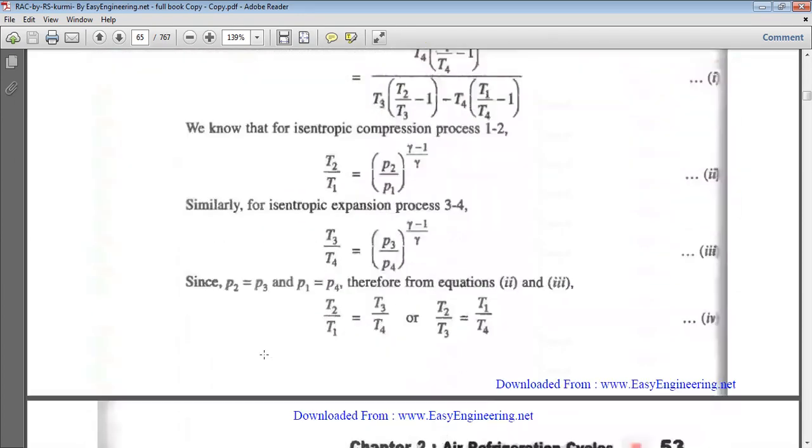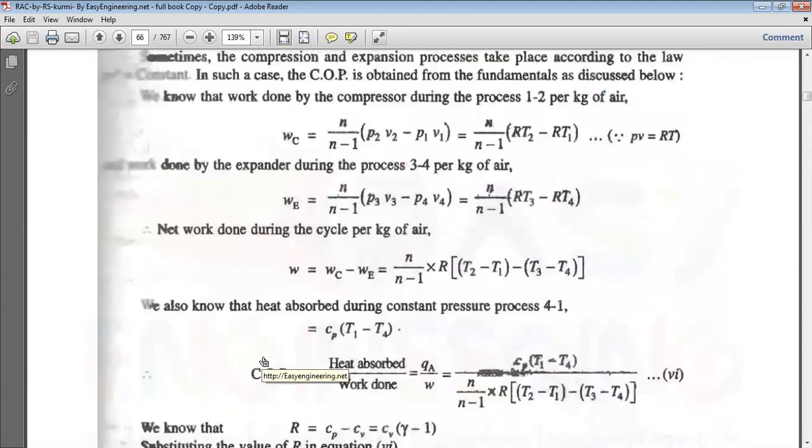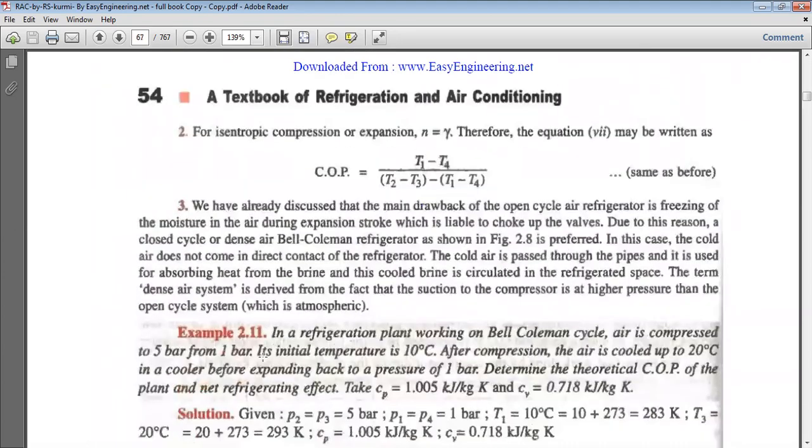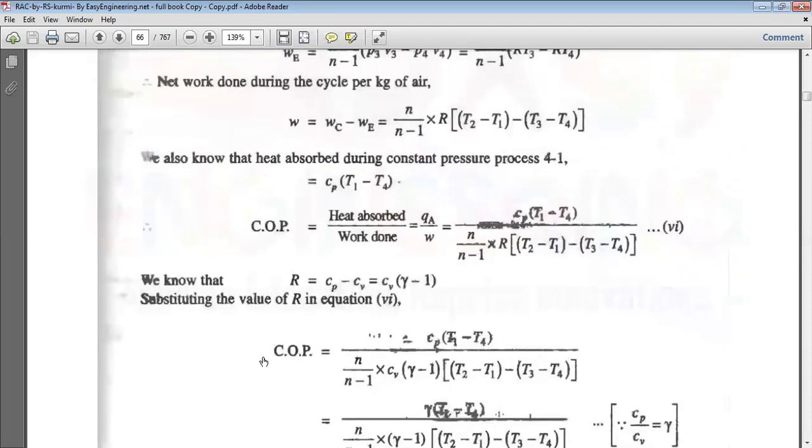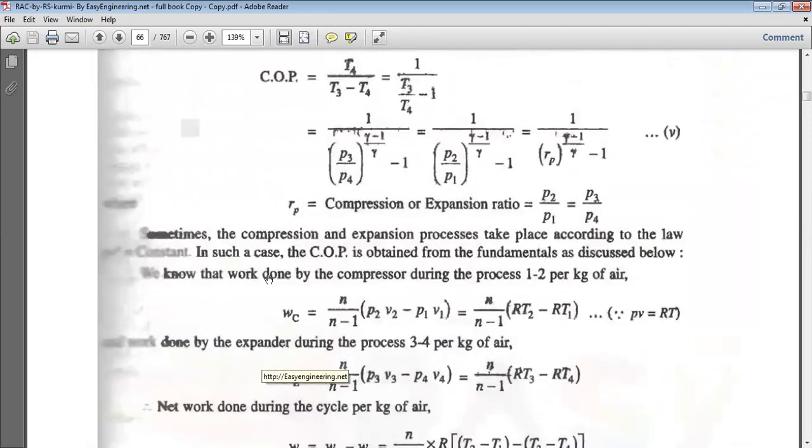Okay, now I will solve one simple problem. This is very important from your examination point of view, the derivation. Okay, any doubts regarding the derivation? Any doubts regarding the